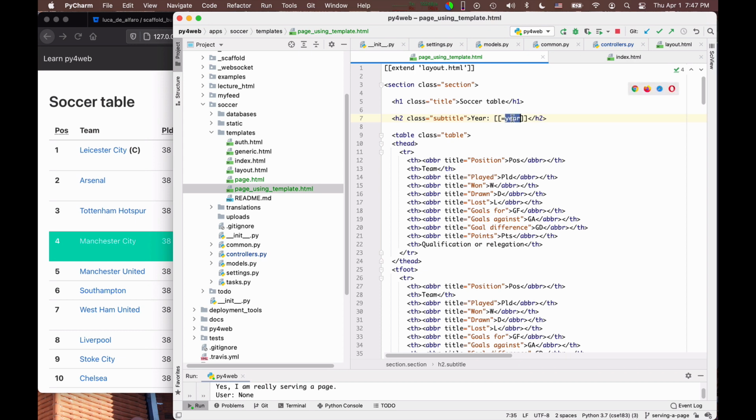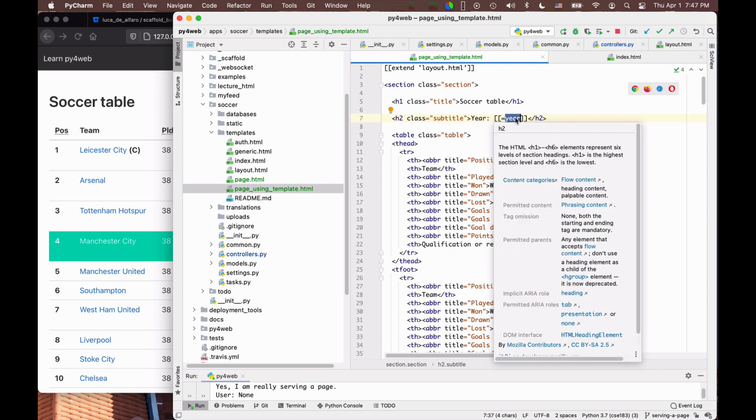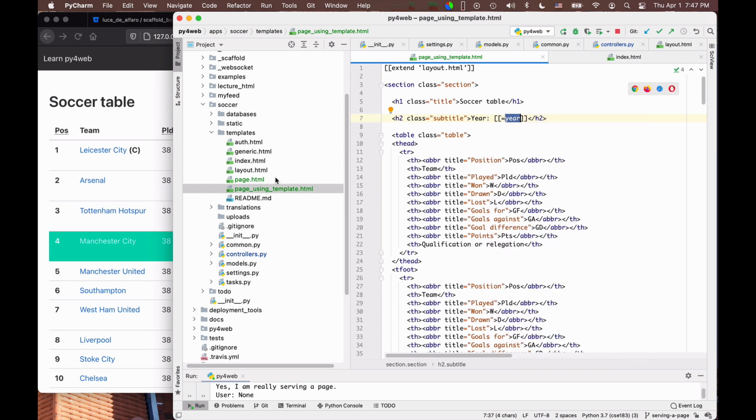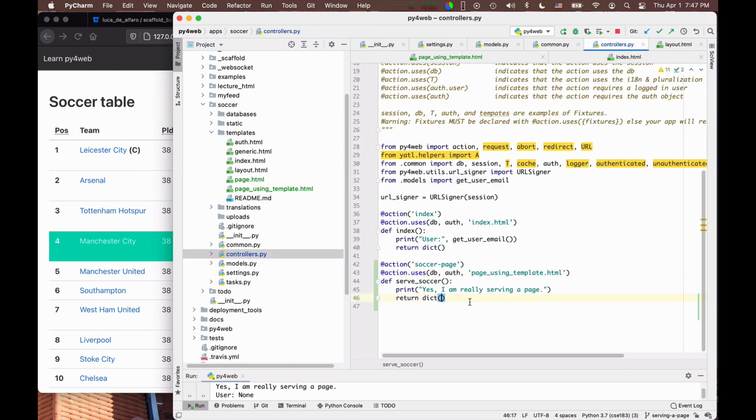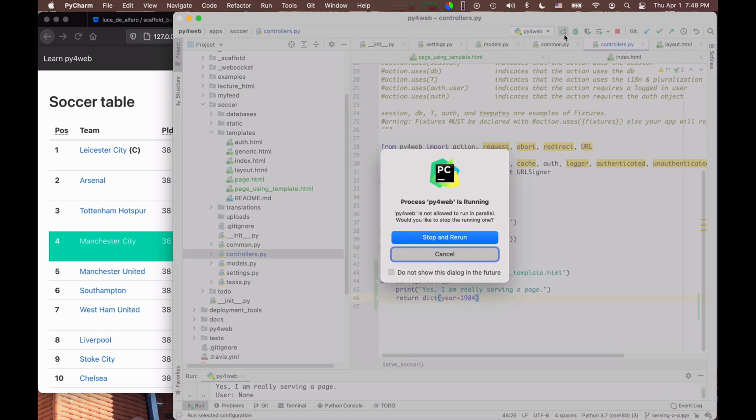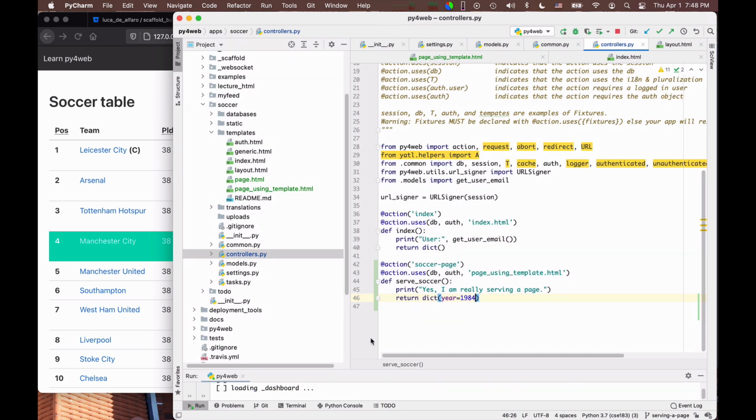So this will fish out from the dictionary the value of the year component. And if we go into the controllers, now I can say year is equal to 1984. So if I now reload,